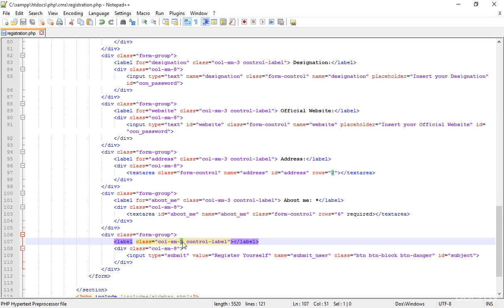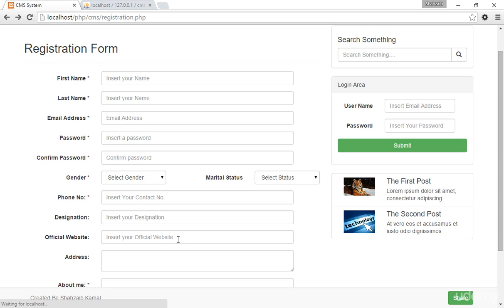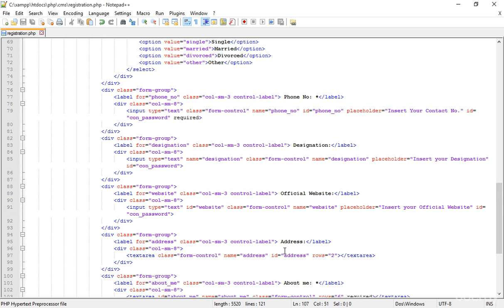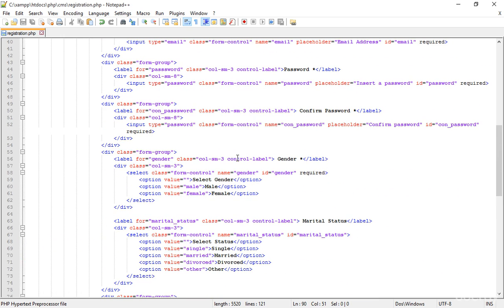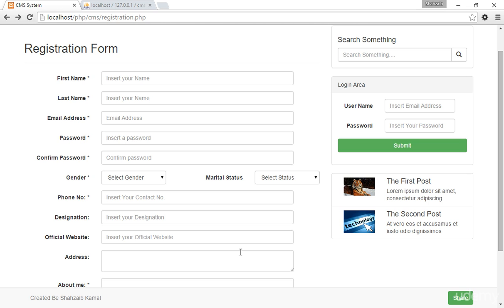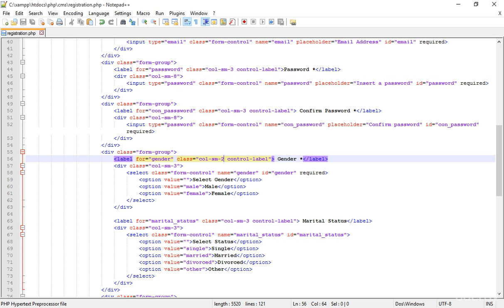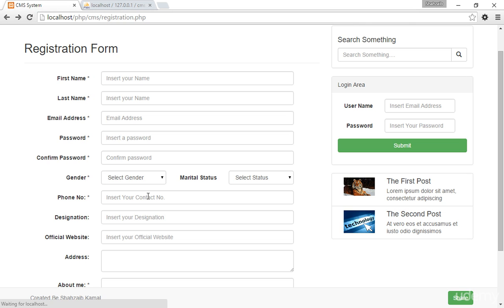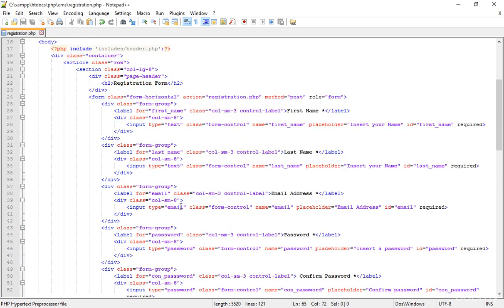Now this is what I just made, and I just have to manage this gender. So let's go back, and where is the gender area? Here is the gender, so I'm changing it again to 2 and refreshing that. Now this is adjusted. Oh, I have to do this with the marital status, so let's save that and refresh that. Now this is perfectly adjusted. If I increase 1 from there, that's minus 1 from there. Okay, by the way, now I managed all of the things about me and all of the other things,